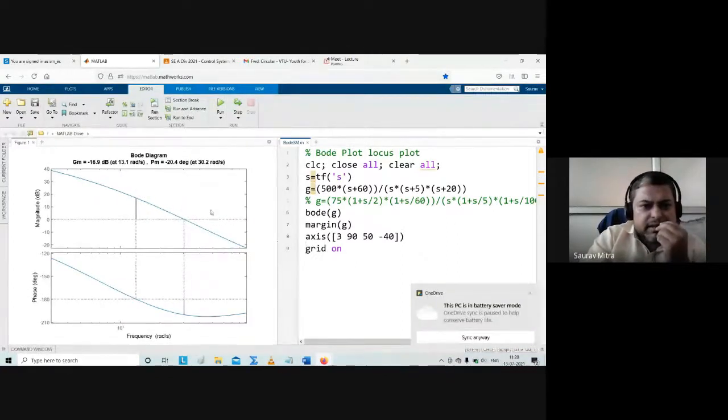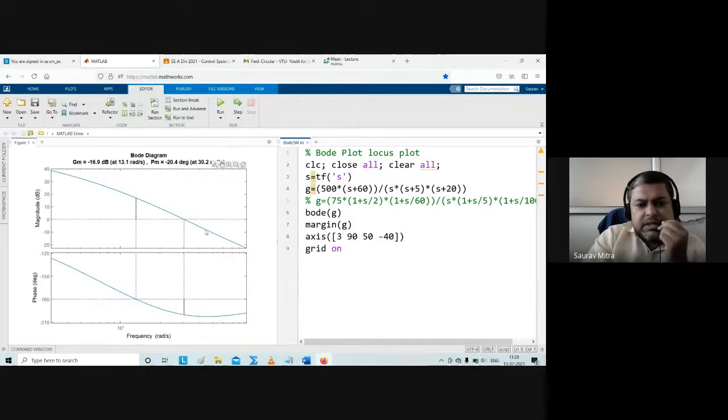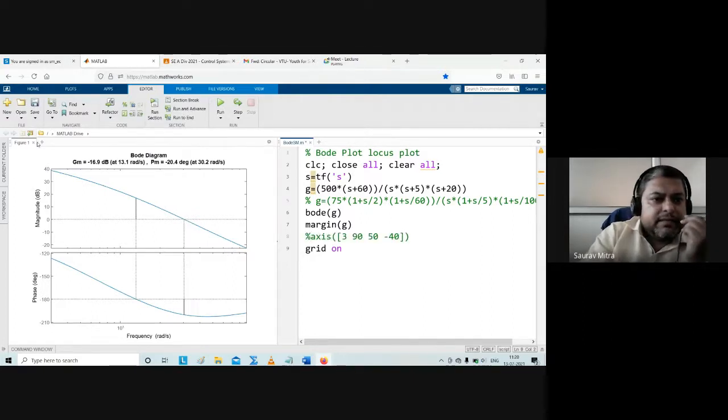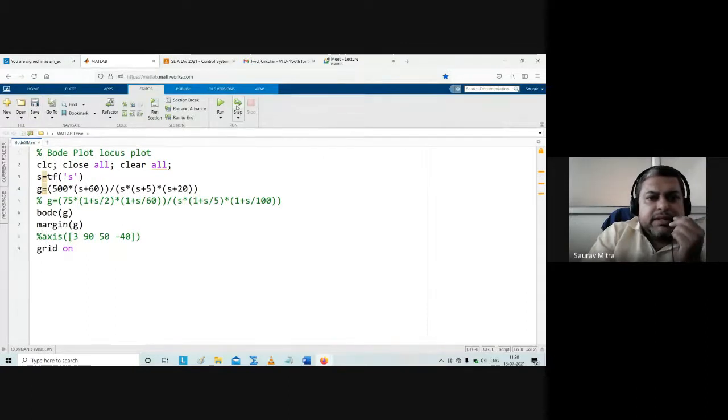Here also it is gone because we are in a very close kind of a thing. Okay, so these are the frequencies, what you can see. So this is 3, you can see here it is 10 raised to 1, and almost 10 raised to 2 is not here. So a very close view of it. So here you can see initially it is 20 dB per decade, then there is a change 40, 60, and then again it is changing. Anyways, so this axis we just remove, and let us see the bigger picture.